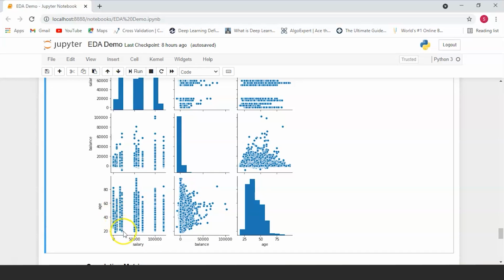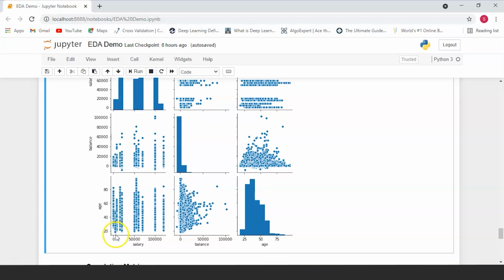The same can be said for the age bracket 40 to 60, but again the data here is very uniformly distributed, but fewer people are earning between 0 to 20,000 in this range. Especially over here, in this cluster, as you can see, this cluster falls between 20 to 30, and this cluster is going to be somewhere around 10,000.